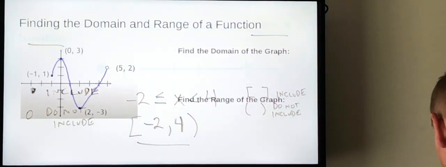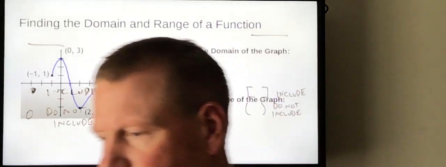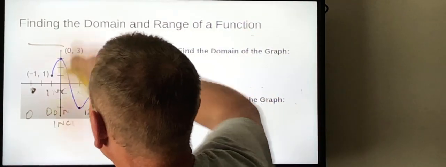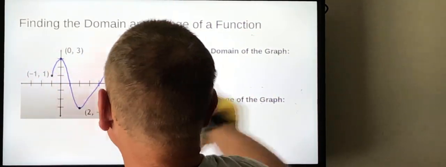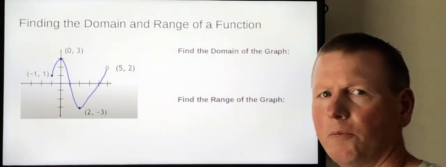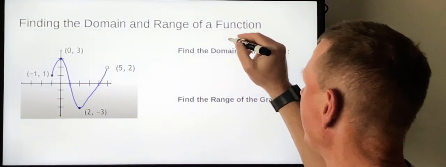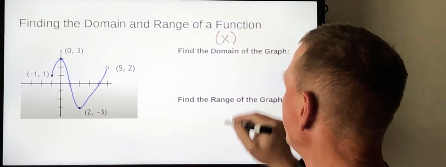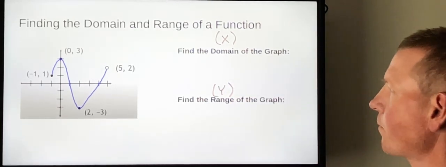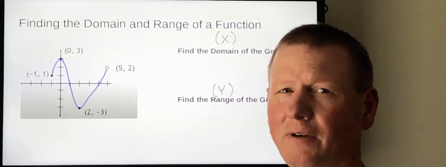Okay, so let's go ahead and go on to our next item, and let me erase what we did on the last slide. Okay, so here's what we've got. We've got a function here, and we're going to talk for a minute about domain and range. Let's review from our last video. Remember, domain is our inputs, our x values. Our range is our outputs, or our y values. Again, if I'm describing the domain of the graph, the domain is all of our x values.